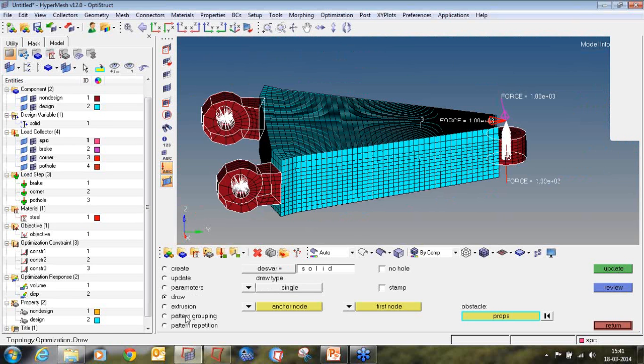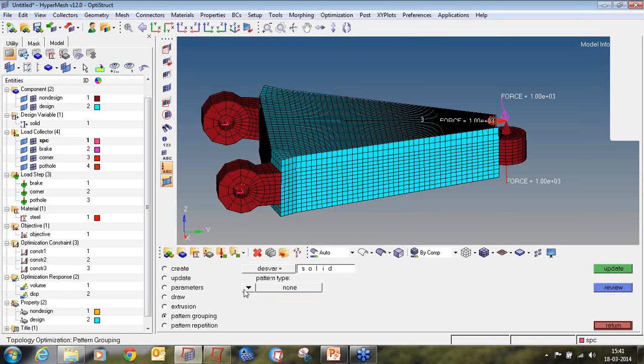Then we will go to pattern grouping and select one plane symmetry. The symmetric constraint in topology optimization leads to a symmetric design for solid model regardless of the initial mesh, boundary conditions or loads. In this case, the one plane symmetry option enforces symmetry across a defined plane.